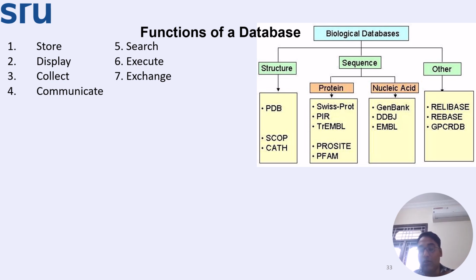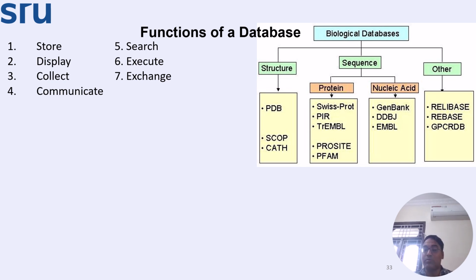display. The viewers are also there in the database tool, like a home page. They should be able to collect the data from different authors. If data is there, we should be able to communicate. Okay, so there are hyperlinks. You can always search or execute the scripts. Okay, the APIs, application programming interfaces, are there, or the exchange. Okay, there's always an exchange of material.